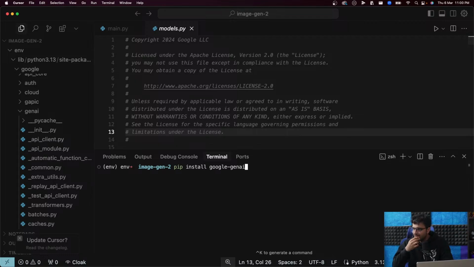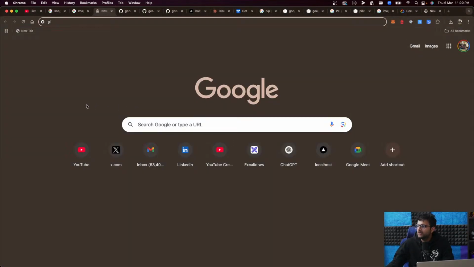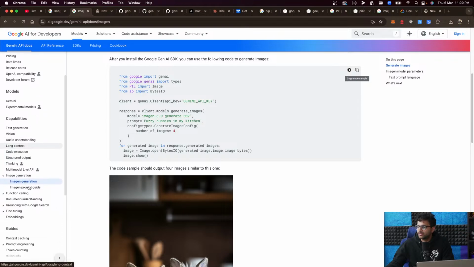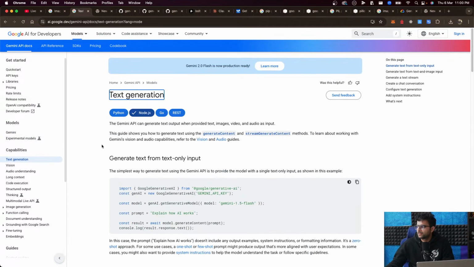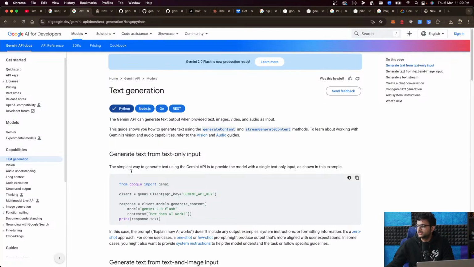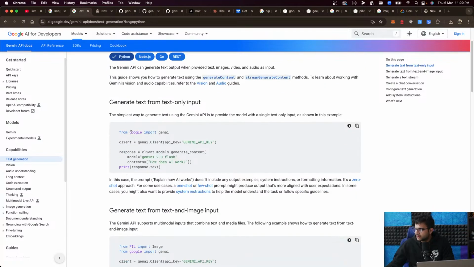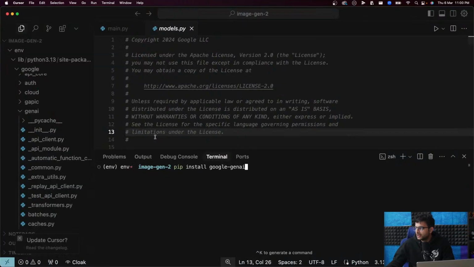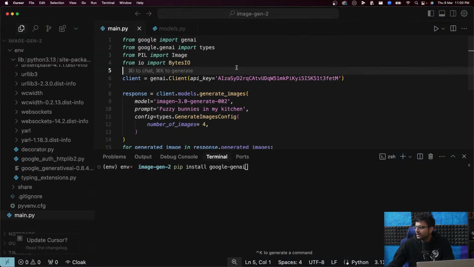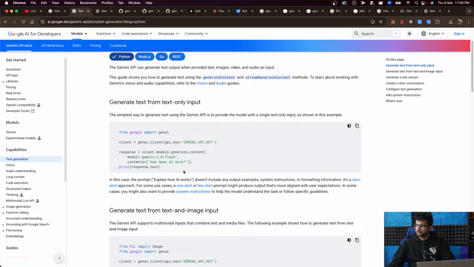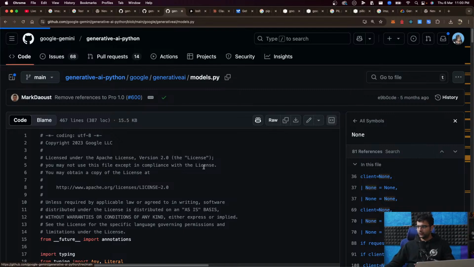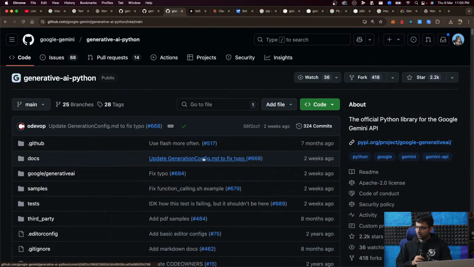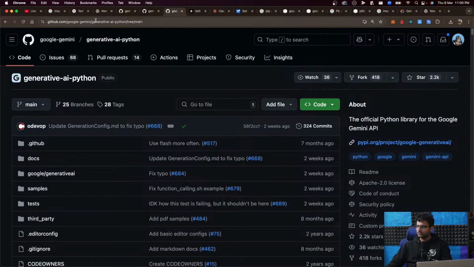So that means, but then here in their API docs, if you look at them, text generation, Python, it is different. Or is it? From Google import Gen AI. And what are we doing here? No, it looks the same. So is this not the latest Python SDK, the one that we're looking at? This is the latest one, almost for sure. But their docs seem to suggest the old one. I've seen the old one also. Let me see if I can find it.